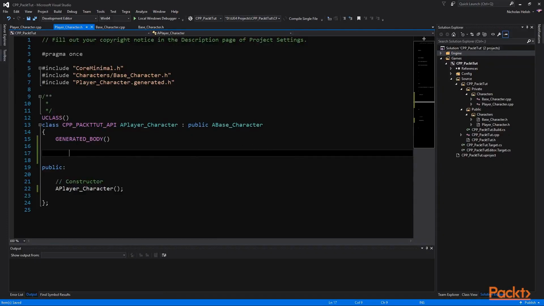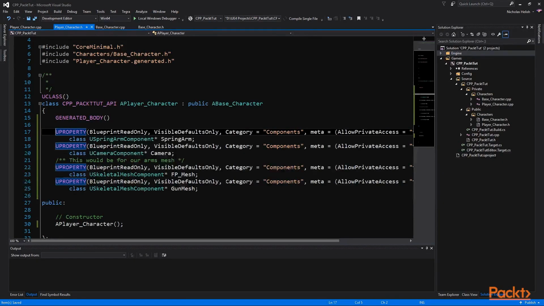Under the generated body, we have added in 4 pointer variables, each with their own specific class type variable that we are using. And we are using the keyword class as a sort of forward declaration for that class, meaning we won't have to include any header files of that class, just we have the general idea that this exists somewhere. The keyword BlueprintReadOnly means that we can only get this value, but we cannot set it within